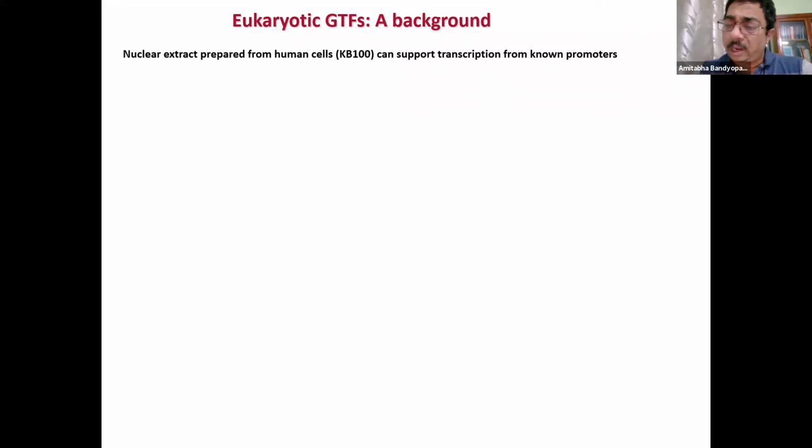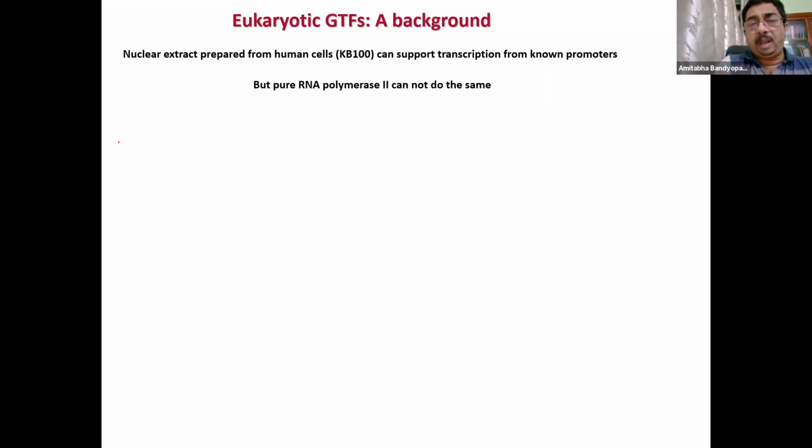So nuclear extract, why? Because transcription is a nuclear event, right? If you take nuclear extract from human cells, it can support transcription from known promoters. However, if you purify the RNA polymerase II, then that cannot transcribe from the known promoters. How was it demonstrated? If you take a piece of DNA and you know exactly where the promoter